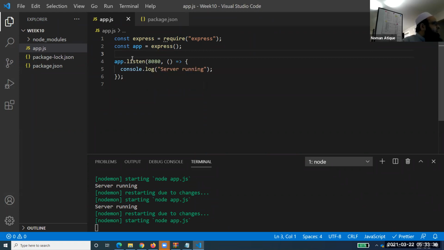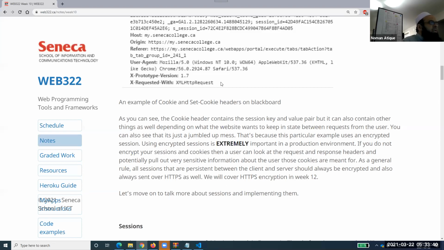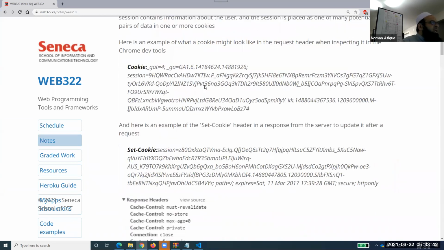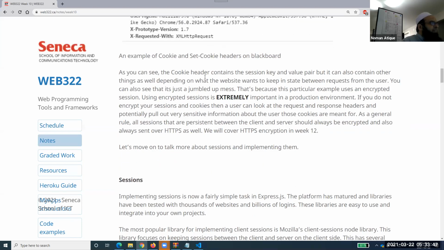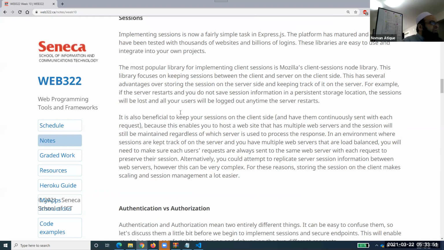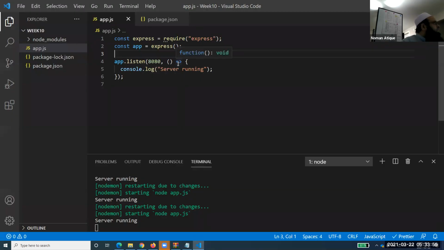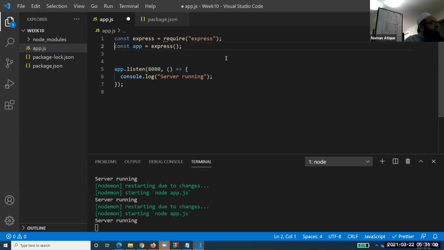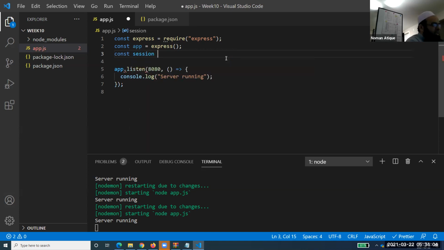Welcome back. I hope you are now joining us. We have just discussed sessions and cookies in general, and now we will look at an example of cookie and set-cookie, and we'll talk about sessions as well. I've set up a server, and I want you to set up a server too. There are different types of APIs that you might need. The one I am using is called